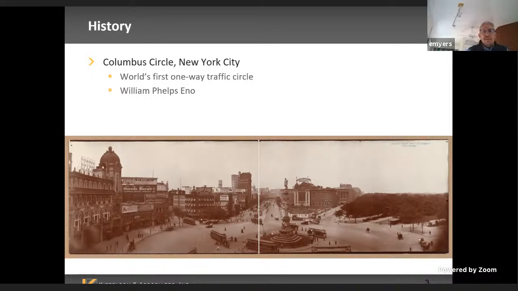Washington, D.C. has many of them that were really not for traffic, because when they were designed, people were riding horses, not driving cars. So they weren't really to control traffic as much as urban design, or in the case of Washington, D.C., they were actually for the defense of the city, for gun emplacements if the city were to be attacked, which it was several times. Next slide, Zach.